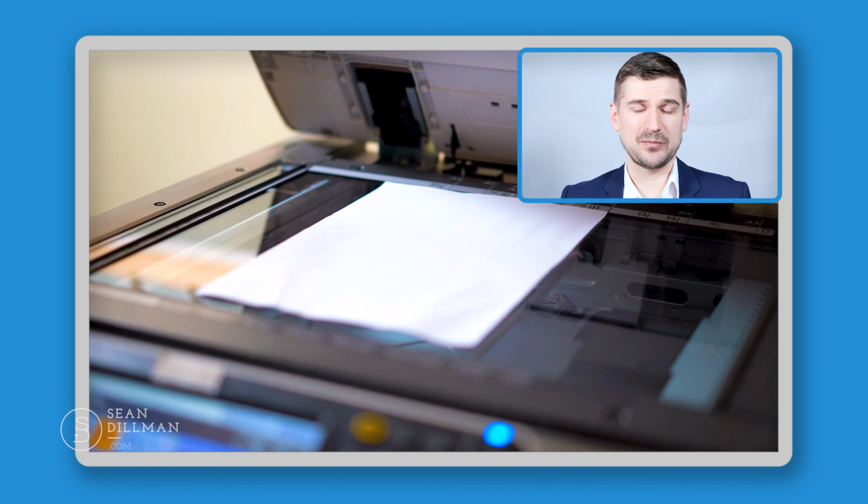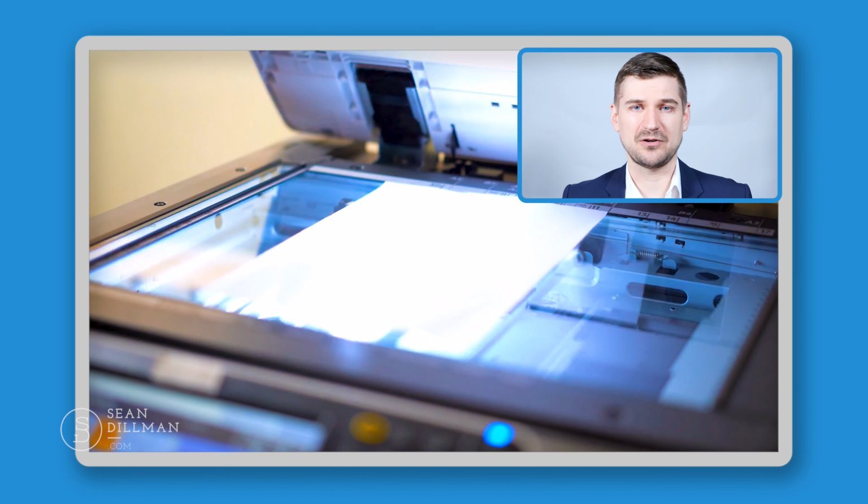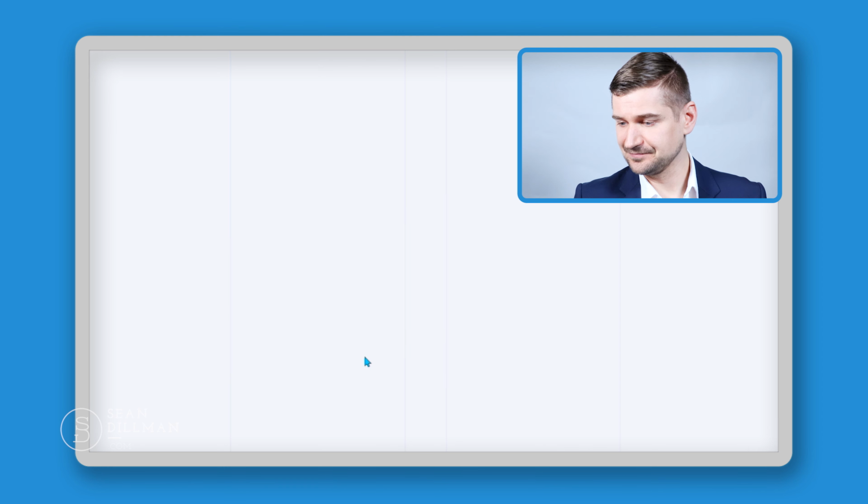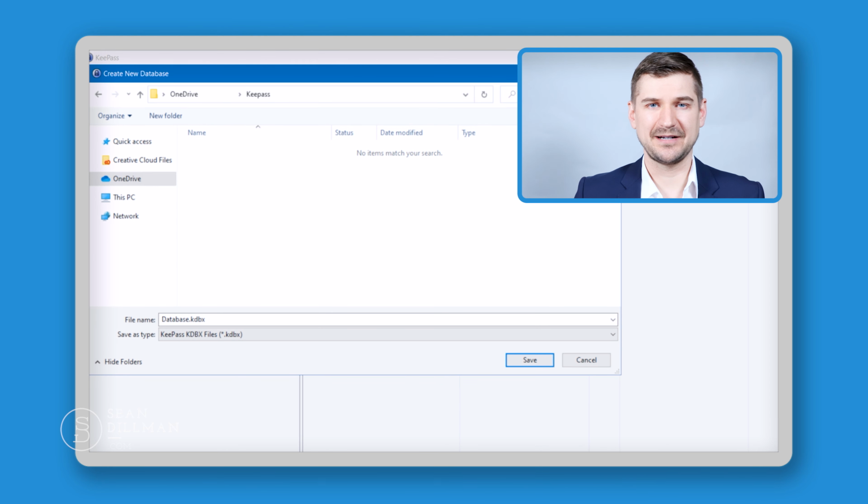So that way, if something happens to your office, you'll still have your passwords at home. Something like that. And for some of you, you may actually already be doing that now. That may be your current system. So, okay, we're gonna click OK to that. So now it's asking, where do we want to create our database file?